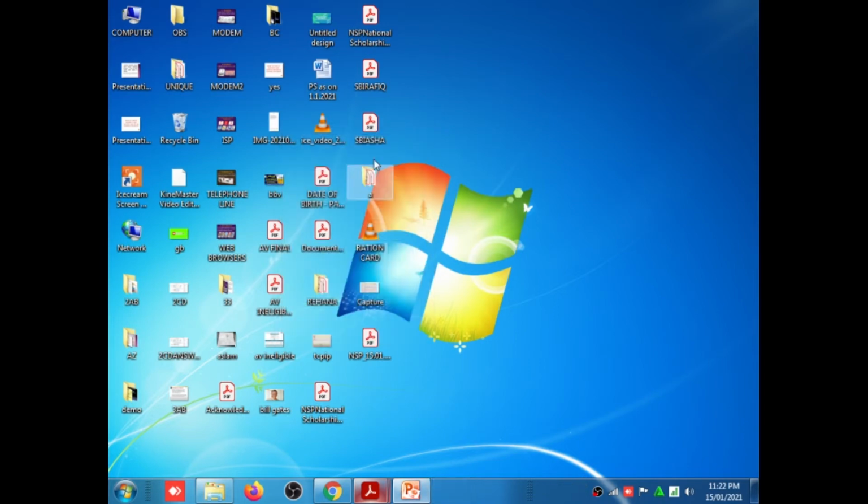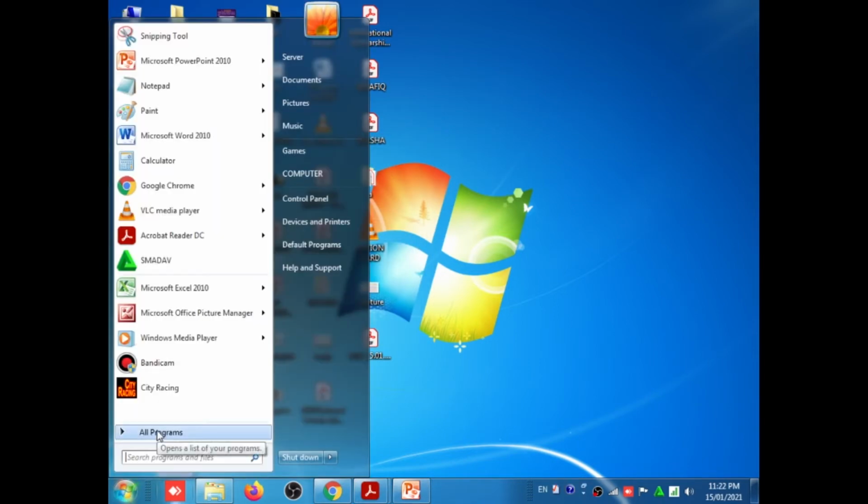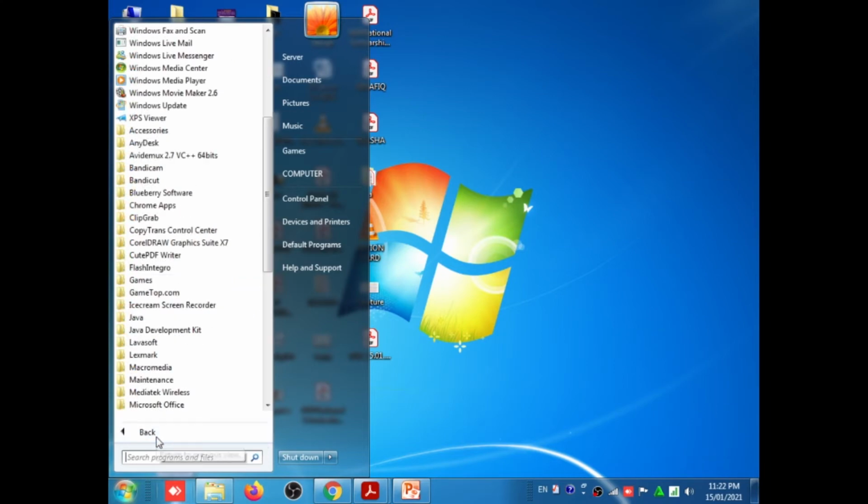Once again I will show how to start the calculator. Click on the Start button, step 1. Step 2, select All Programs, then go to Accessories. Remember students, the spelling of accessories is very important: ACCESSORIES, and the pronunciation also.